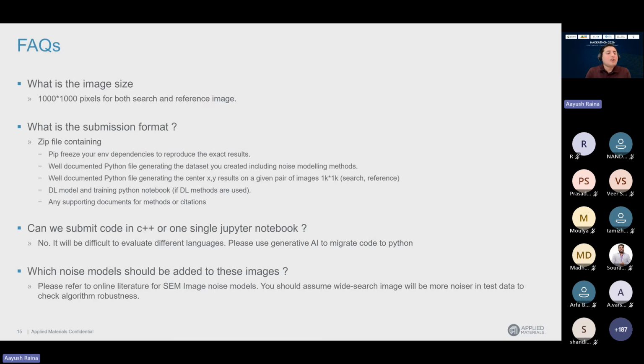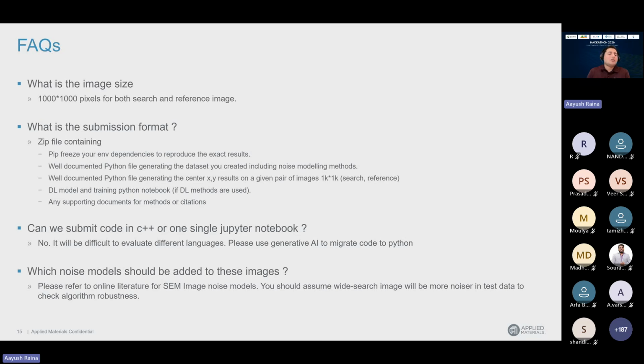Then if you have a DL method, we encourage people to use DL methods. Classical is also one way to do it. There are many architectures you can try, with Dino, with YOLO, or with other state of the art methods, and we are respectful towards unique approaches.